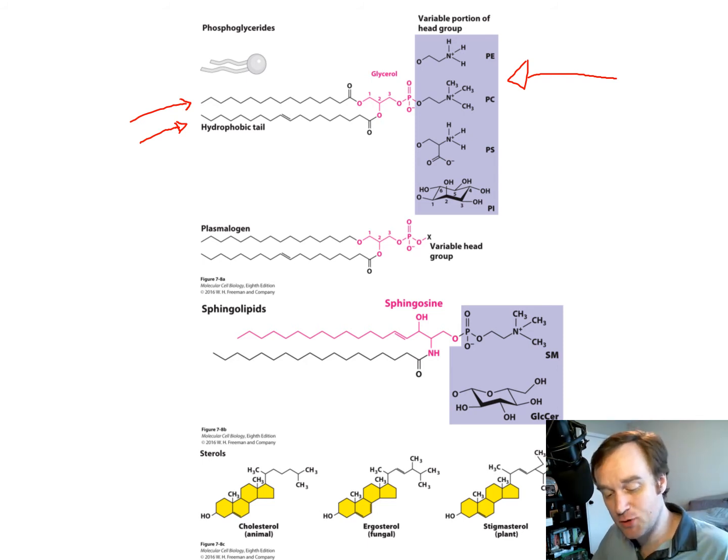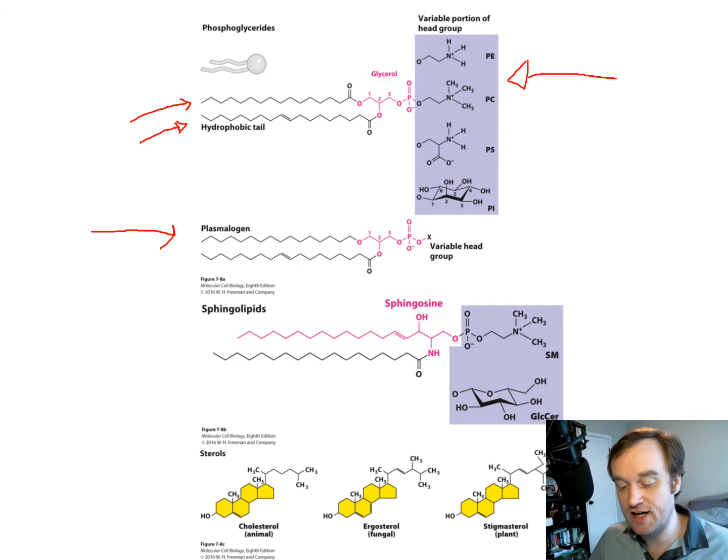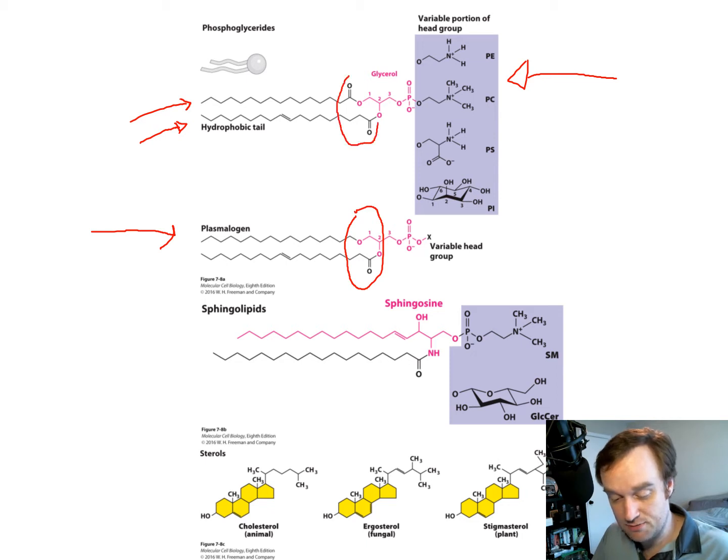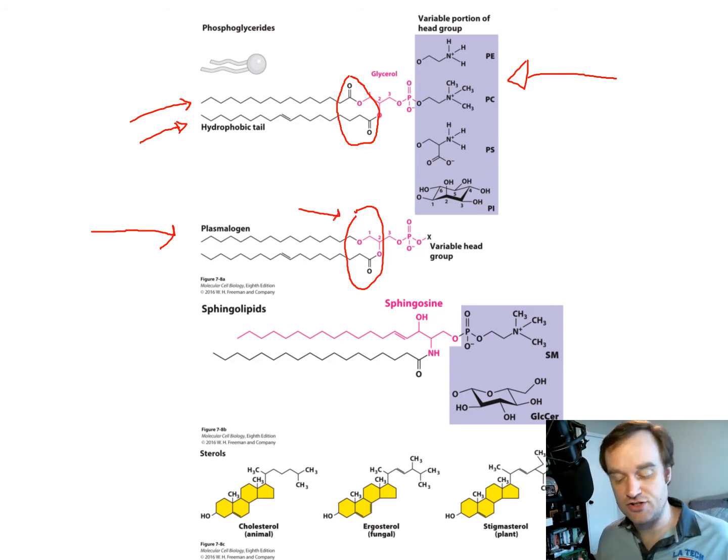We also have the subgroup here, the plasmalogens. The only difference between the phosphoglycerides and the plasmalogens is how the hydrophobic tails are attached. At the top, we had two ester linkages, and down here, the two chains are different because we're missing that double bonded oxygen. So one has an ether linkage and one has an ester linkage on the two tails. Those are just slight variations, or a subgroup, of these